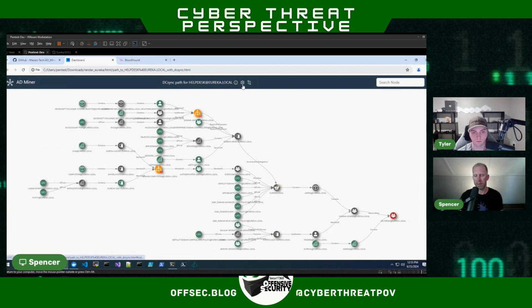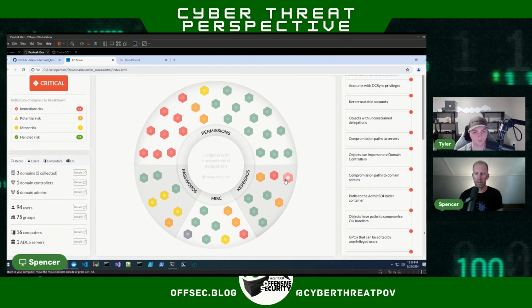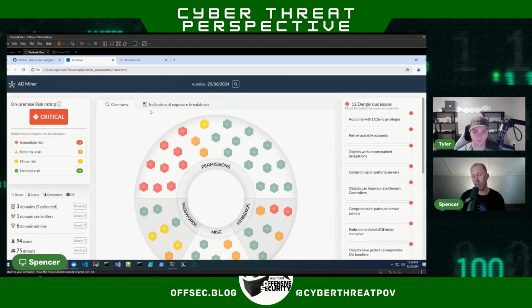So really interesting. It's a nice adaptation to take the Bloodhound data and the information you get from that and create a nice HTML report with some reporting behind it, some risk ratings behind it. So really nifty, super cool tool to use. And something I definitely recommend sysadmins take a look at, especially if you're running Bloodhound in your environment, and especially for pen testers to take a look at. If you're like me and you are terrible at Cypher queries.